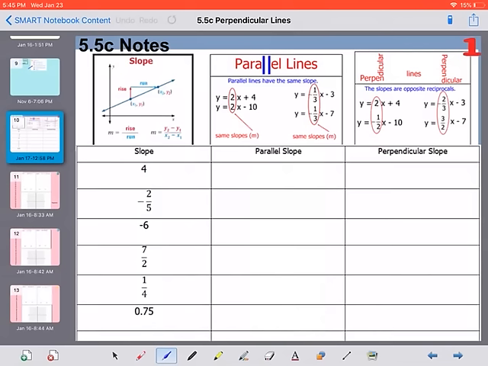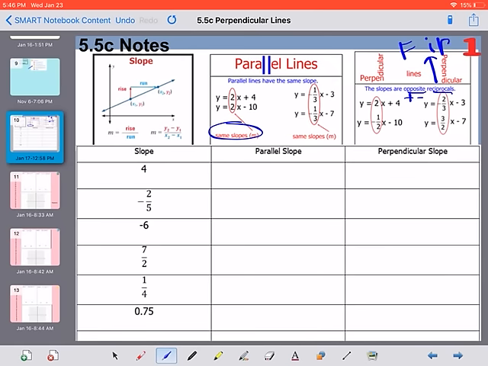We're going to start looking at perpendicular lines. We focused a lot on parallel lines. Parallel lines have the same slope, but today we're going to look at perpendicular lines. Perpendicular lines have slopes that are what are called opposite reciprocals, and we talked about this in class a little bit. Opposite meaning one of the slopes is positive and the other is negative, and reciprocal meaning our fraction